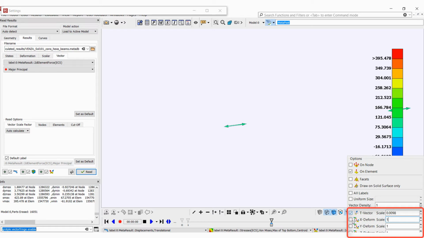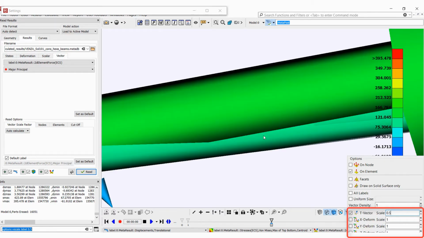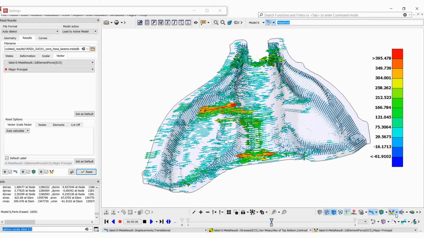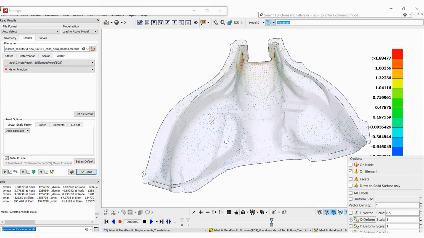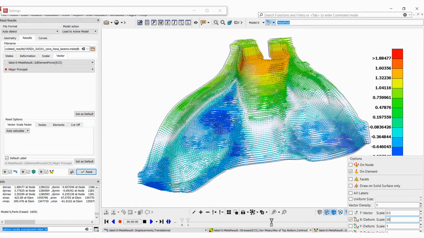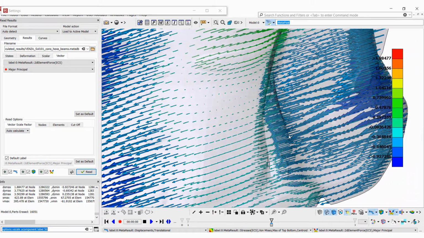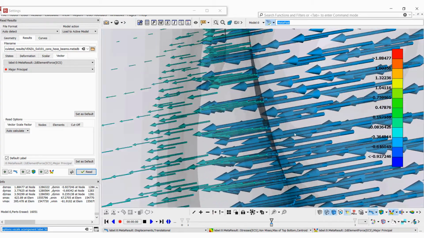We see that we now have individual scale factors for each vector component. We can therefore set an appropriate scale factor for the total vector. This looks better now. And set a different factor for the X component, for example. This is much easier than before, where the scale was controlled by the deformation factors.